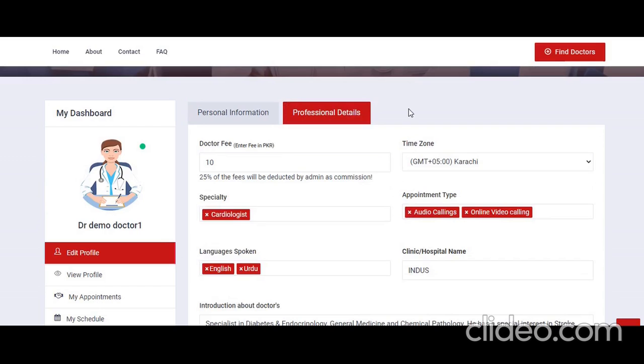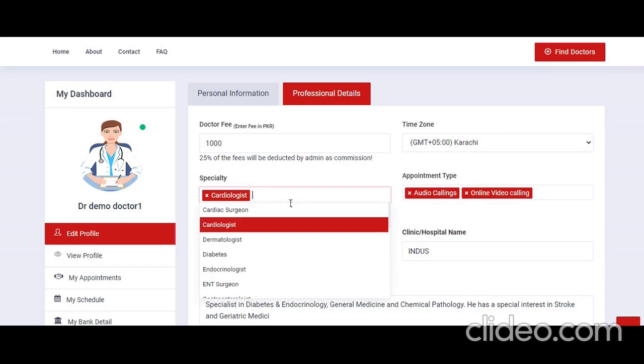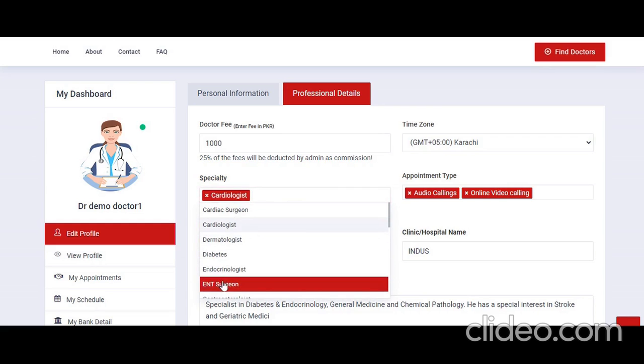In professional information you can set your consultation fees as a default, as I wrote 1000 PKR, and you can select the time zone according to yours, as I selected default Karachi. You can select and write multiple specialties, like which field your specialization is in. For example, you are a cardiologist specialist, diabetes, ENT surgeon. You can select multiple. As you can see,